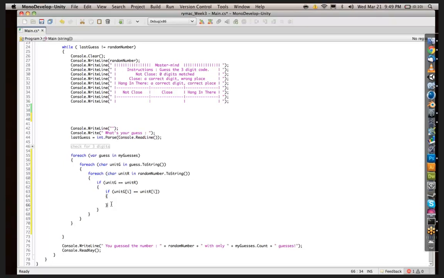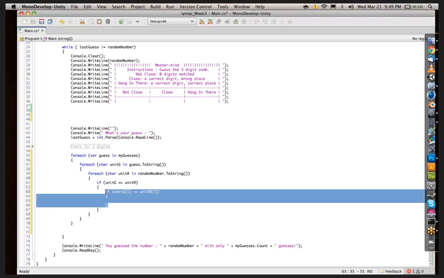isn't going to work properly because there's no way that you're going to be able to successfully determine if something should be in the hang in there or should be in the close inside the same set of for each loops. You're going to have to determine if something is in the hang in there column and if something is in the close column in two different loops or two different groups of loops. Okay. So